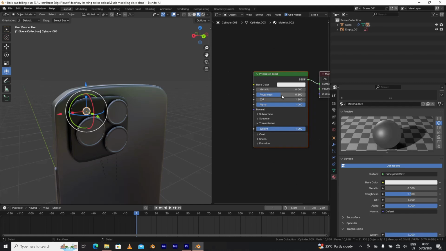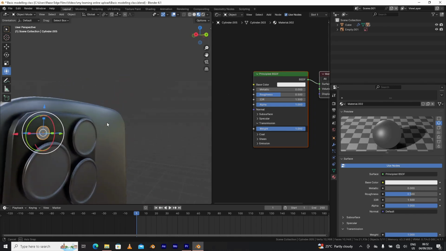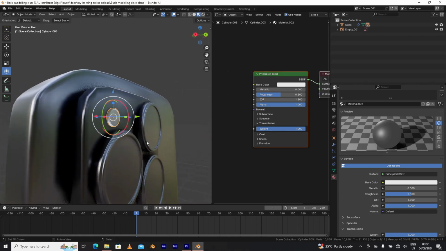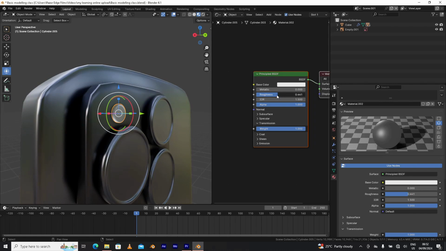Okay, and now reduce the roughness. All right, the roughness, make it, oh, you know what, leave the weight, leave this to white. Because if it refracts light, it's not going to be showing you this base color anymore. All right, it's not going to be showing you base color, so leave it like that, but reduce the roughness down very much,